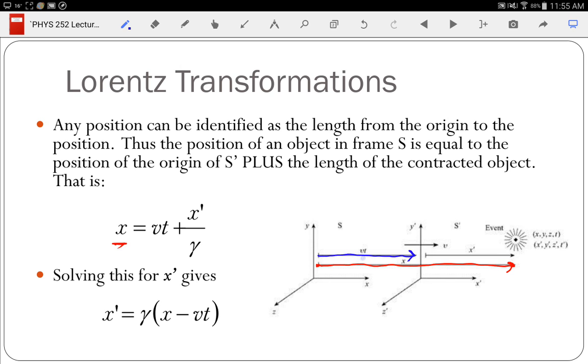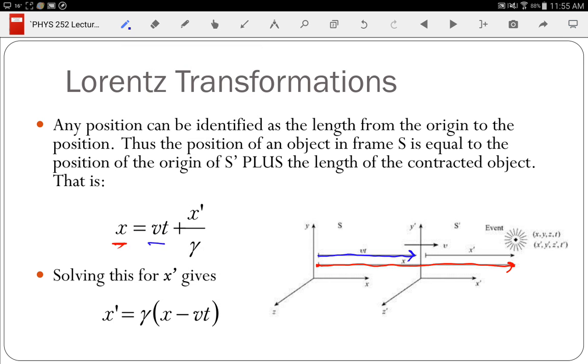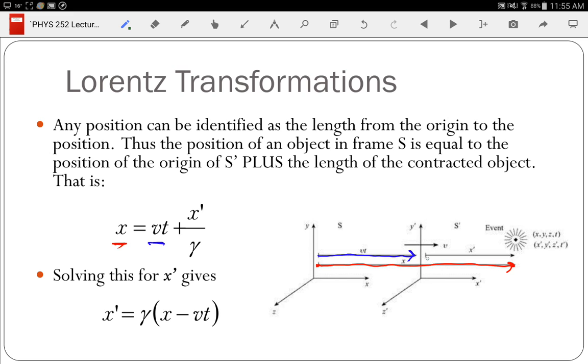So that's the speed multiplied by time, as measured in the S frame, plus, once again, the contracted length from the origin of my S prime frame to where the event occurs. So this here is my contracted length,